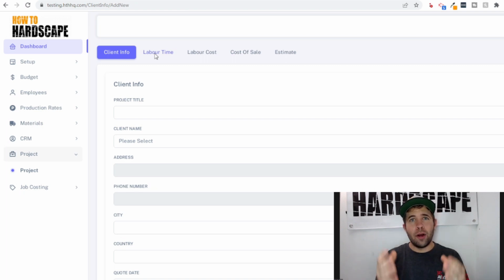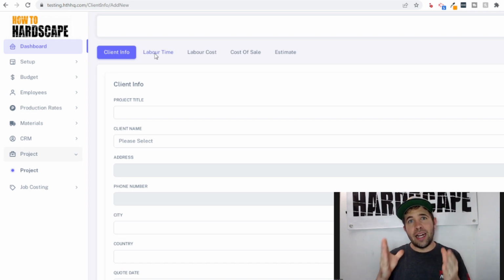That's how this software makes it nice and easy for you to completely create a budget that you can revise throughout the season to ensure that you're recouping as much of your overhead expenses as possible. A lot of that comes down to efficiency and hitting your hours when you're in the field compared to your estimate, and that's where job costing will help you refine those production rates.